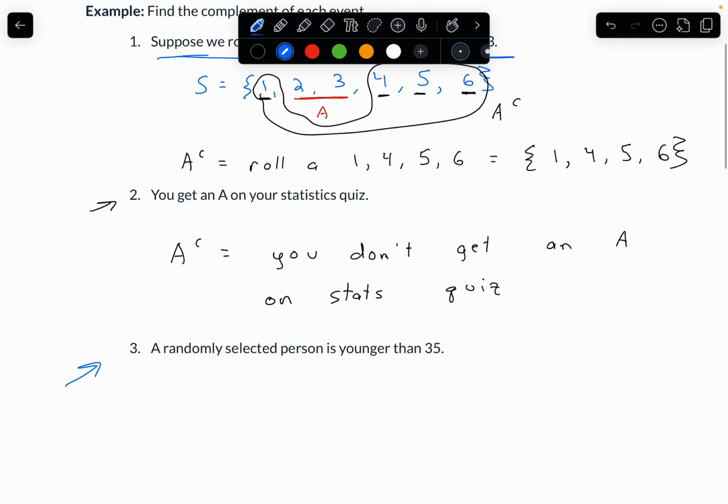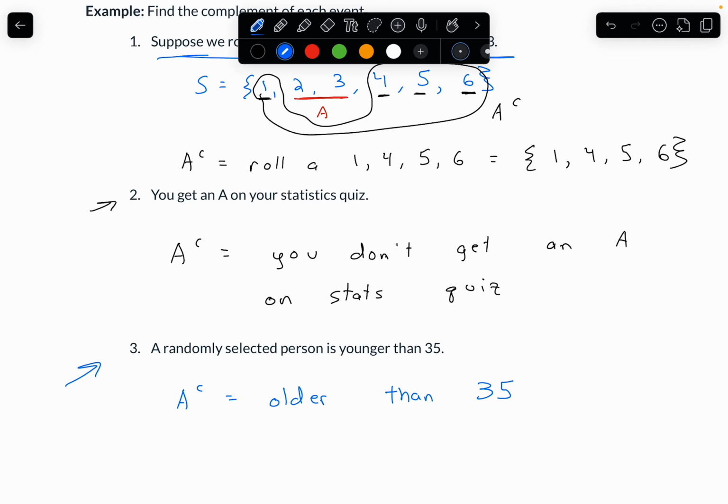The third example says a randomly selected person is younger than 35. Now we have to be careful with this one. It's really easy to make a mistake. So I want you to pause the video for just a second to think about that. What's the complement of a randomly selected person is younger than 35? After you've had a minute to think about that, I'm going to give the most common answer that I get from students, and that is the person is older than 35,